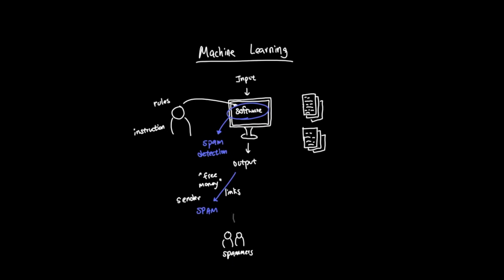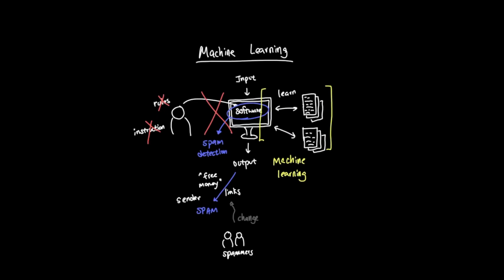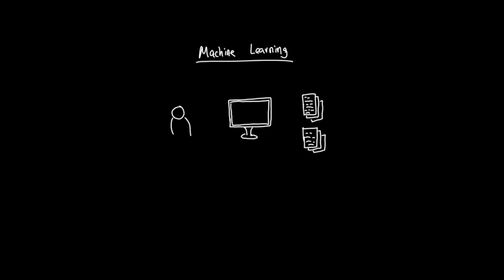But spammers change their wording. Normal emails sometimes contain links, and not every suspicious looking email is actually spam. This is the type of problem where machine learning actually becomes useful. Instead of trying to manually write every single rule possible, we collect examples and let the system learn useful patterns from them. This idea goes back to Arthur Samuel's checkers program at IBM in the 1950s.